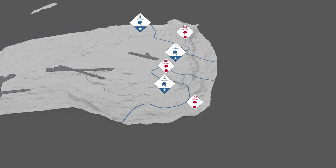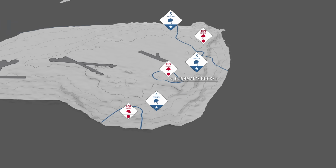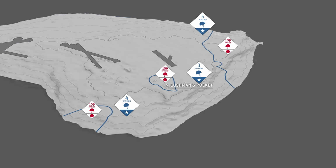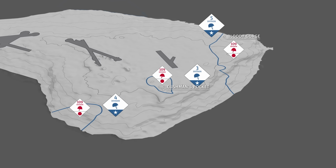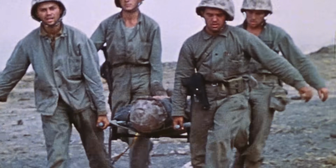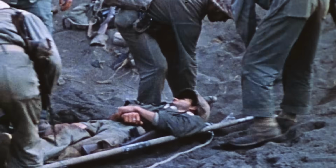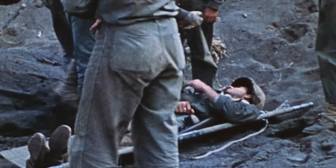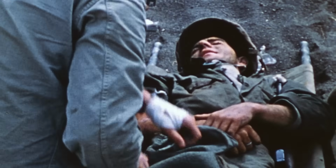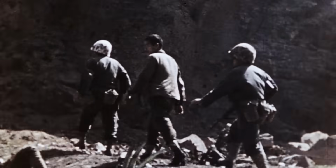On D+20, Japanese resistance only exists in 3 isolated pockets: Cushman's Pocket, the eastern coast, and part of the northwest coast. Kuribayashi now falls back to a gorge, later dubbed Bloody Gorge, with his last 1,500 men. The Marines are exhausted, and many are incapacitated by a psychological condition they call combat fatigue, today known as PTSD. So they call on the Japanese to surrender and announce on loudspeakers that prisoners will be treated well and suicidal resistance is senseless. The Americans also distribute a translated letter